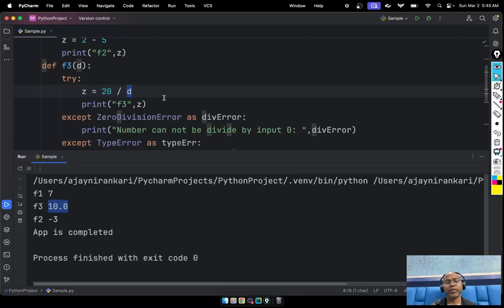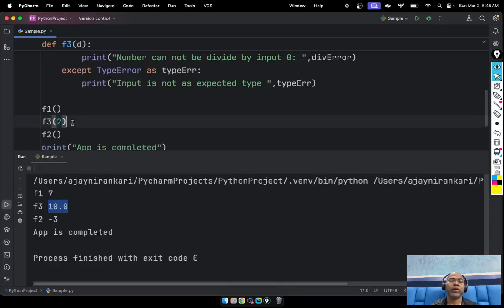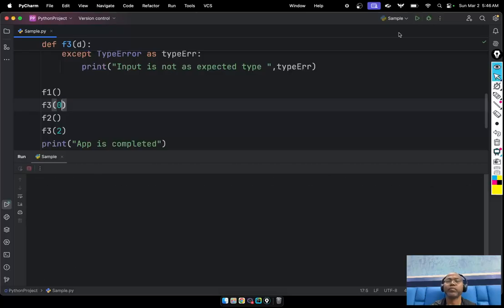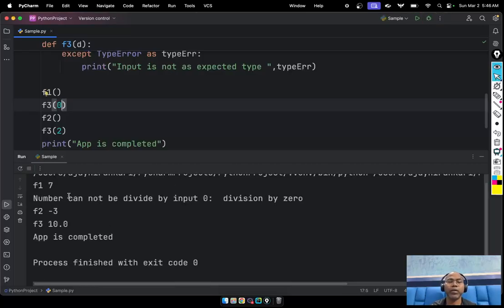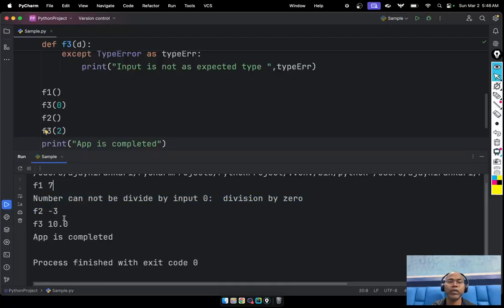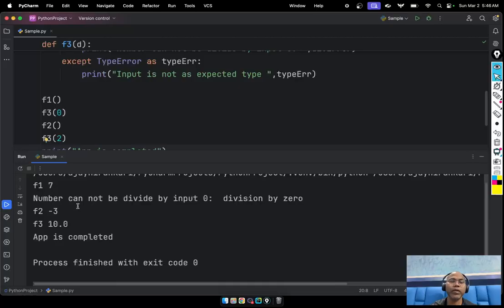Okay, so if you pass 0, you are getting the number cannot be divisible. Right? This is the way, at least this function probably, but this code is fine, this code is fine, this code is fine. The other part is working as per expected. Right? So maybe here you pass some like